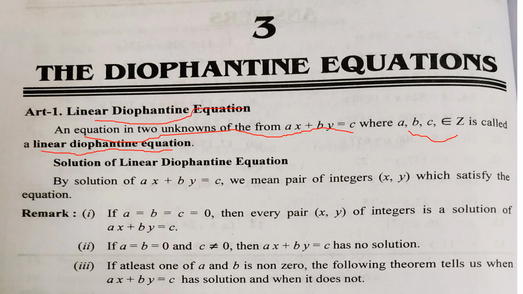It means that any linear Diophantine equation is of the type ax plus by is equal to c, where a, b, c are integers. If there exist x, y values, we say that (x, y) is a solution of the linear Diophantine equation. Now, how to check the solutions of these types of equations? That is the main objective of this video: how to solve these Diophantine equations.